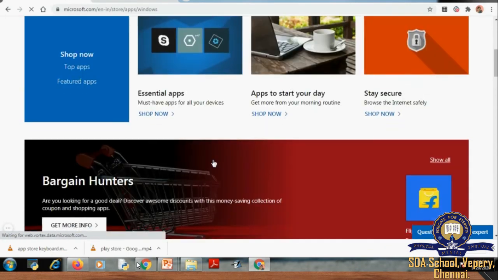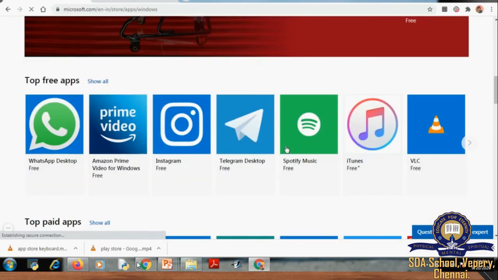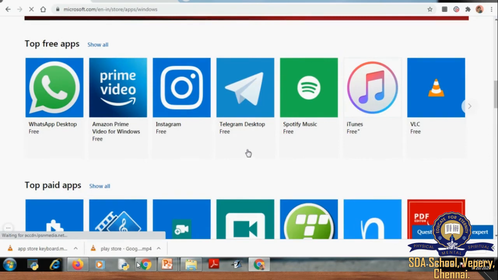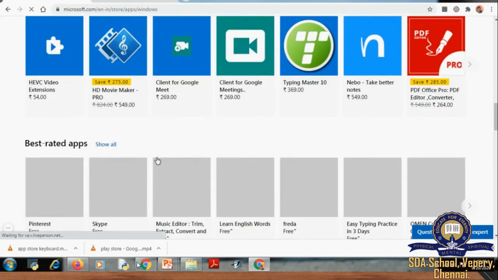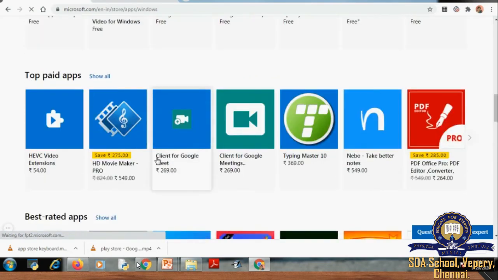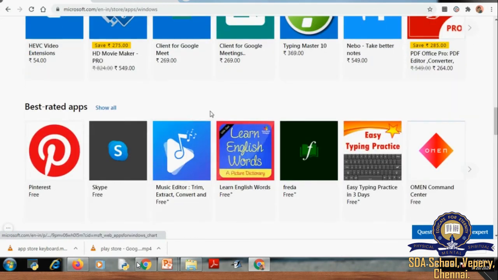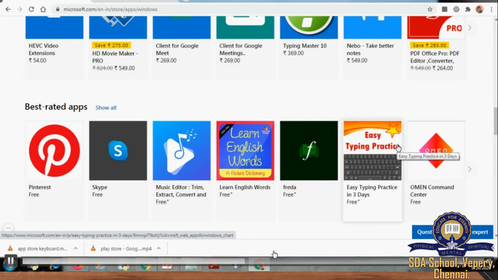Essential apps, apps to start your day, and WhatsApp, Prime Video, Instagram, any applications you want. There are free apps, rated apps, and paid apps. Whichever you want, you can install, like Learn English Words, dictionary apps, educational apps, anything you want.